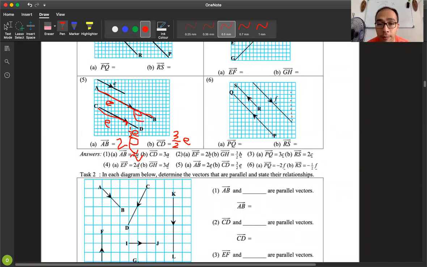From P to Q is 10 and then 10. So it's also 10 by 10. But look at the directions. The directions are different. So same distance covered, 10 boxes, but different directions means that PQ is actually negative vector F,